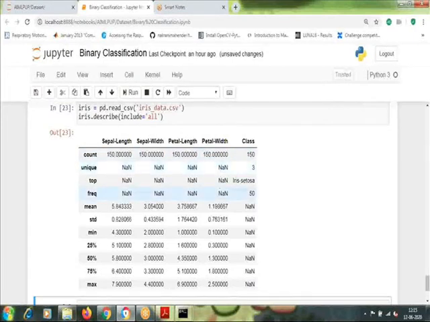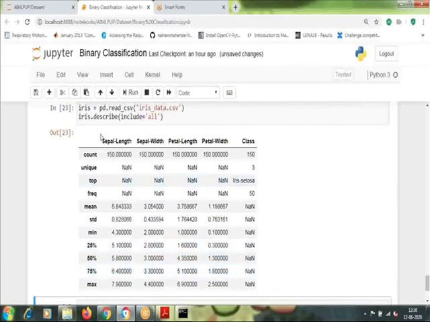The last one, class, has non-numerical values, so for the class we have non-numerical statistical information, whereas sepal length, sepal width, petal length and petal width have numerical statistical information.